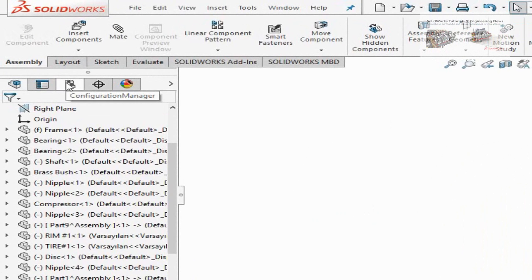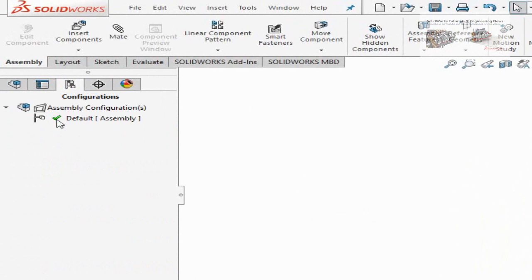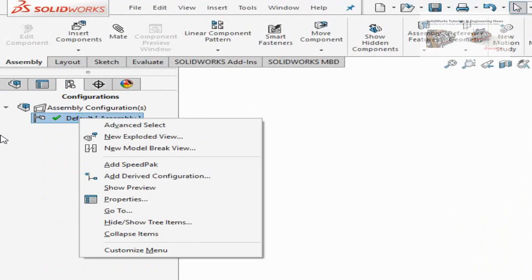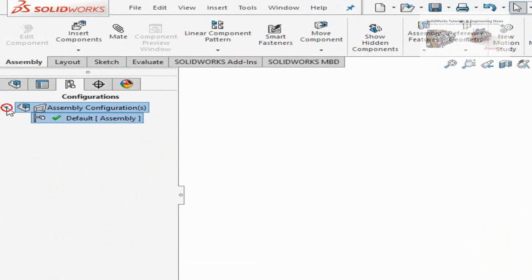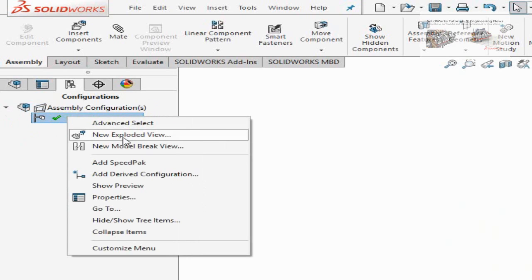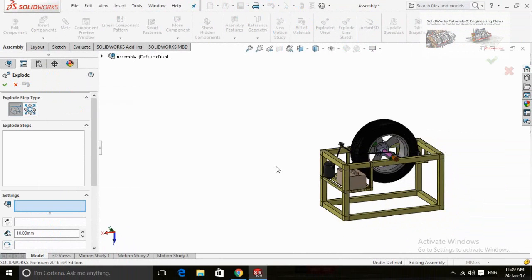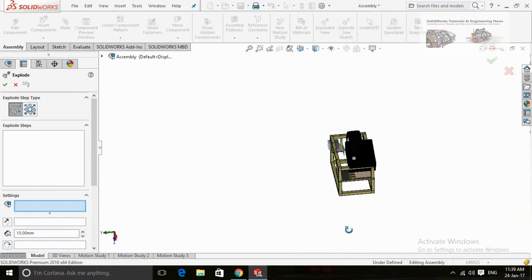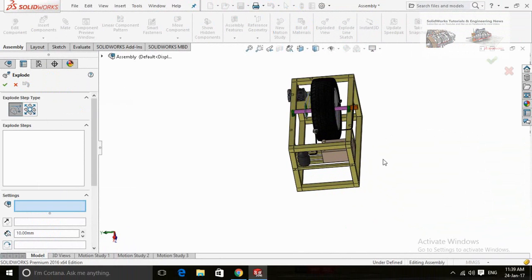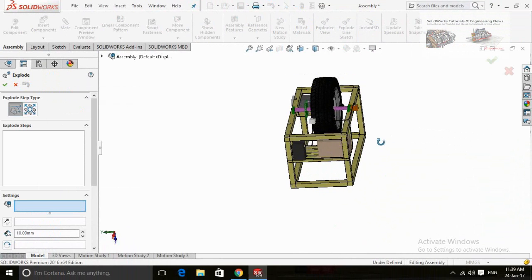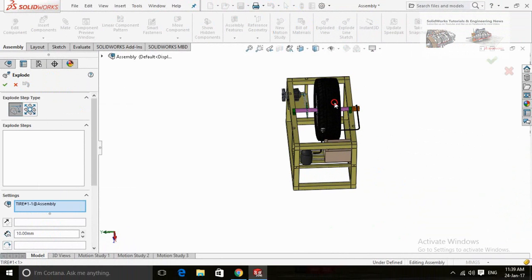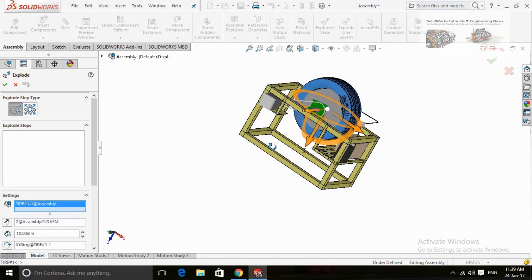If you want to unassemble your assembly, click on the Configuration Manager tab. Right click on Default Assembly and select New Exploded View. Now select parts and remove them one by one in any direction.